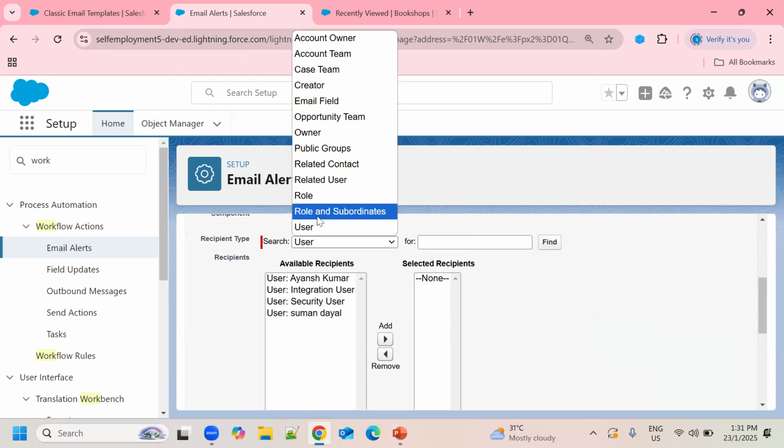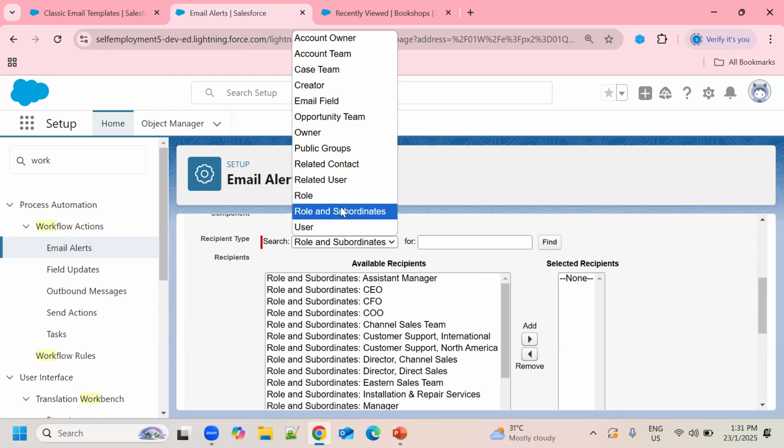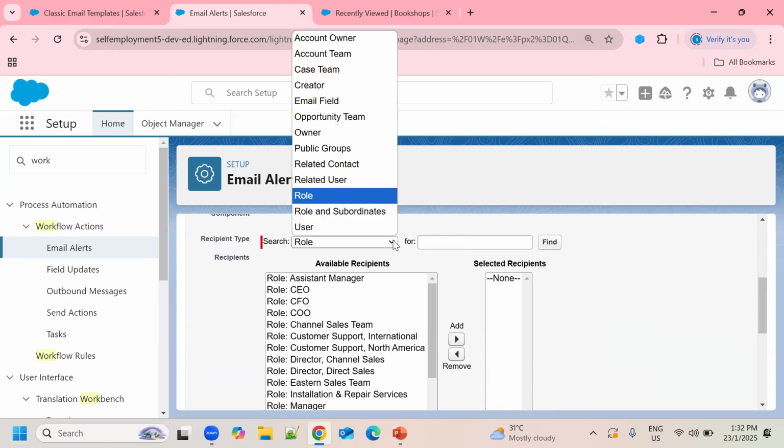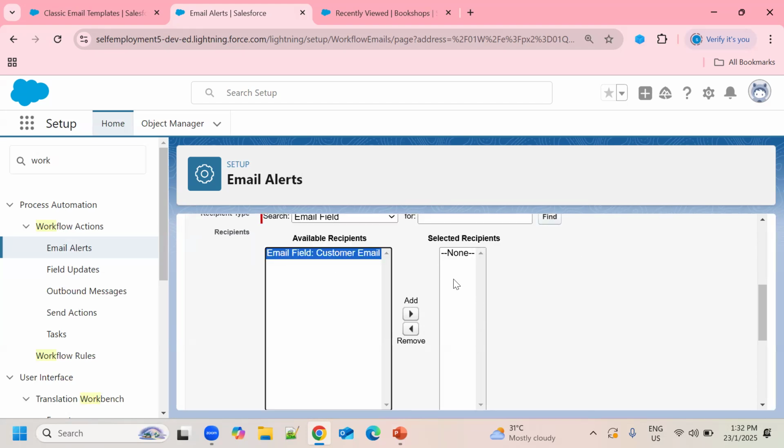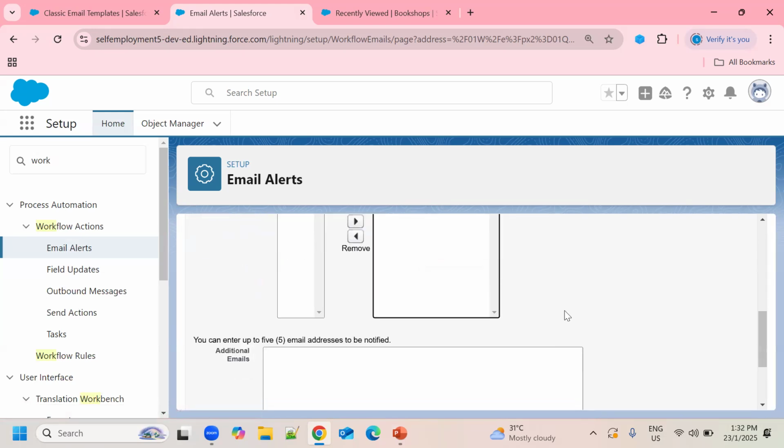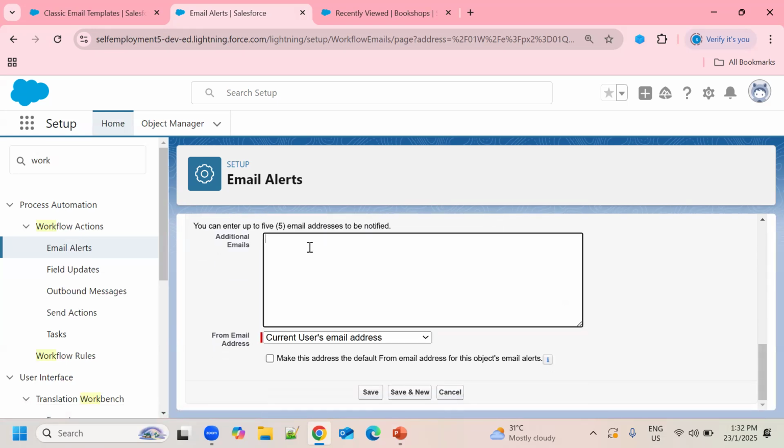You can go for roles and subordinates. You can go for roles, but for now I am choosing this email field, right? Because I want to send this email to all the customers, all the database. That's why I need to choose this field. Okay, so select this. Now after doing this, here I can write any other email address also, right?